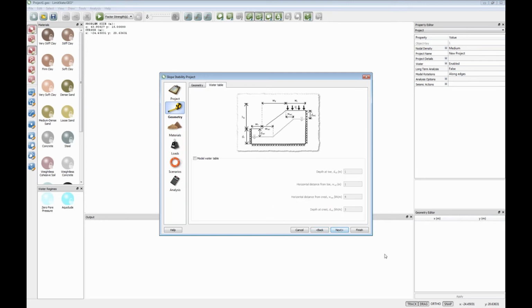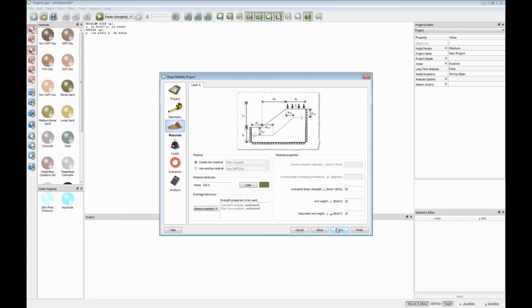If we want to put in a water table, we can put that in, stick with the defaults again. We can then define soil properties in this case, so we give the soil a color. We can put in an undrained shear strength, a unit weight, which is effectively the unit weight above the water table, unit weight below the water table,